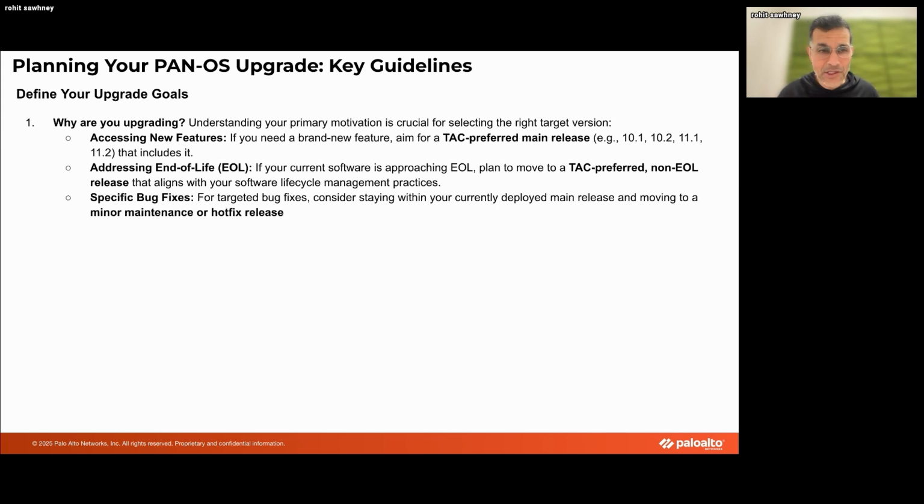And then, as I touched on earlier, there could be specific bug fixes that necessitate that upgrade cycle, or product security issues, a critical or high CVE that is top of mind for you and your organization that requires an upgrade. So how do you evaluate this? Well, we're always encouraging